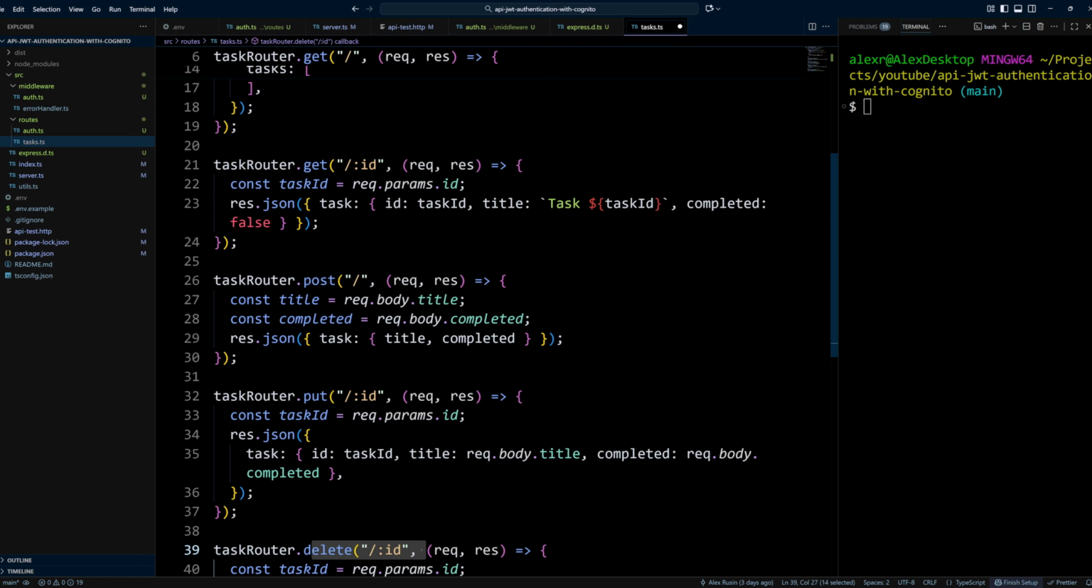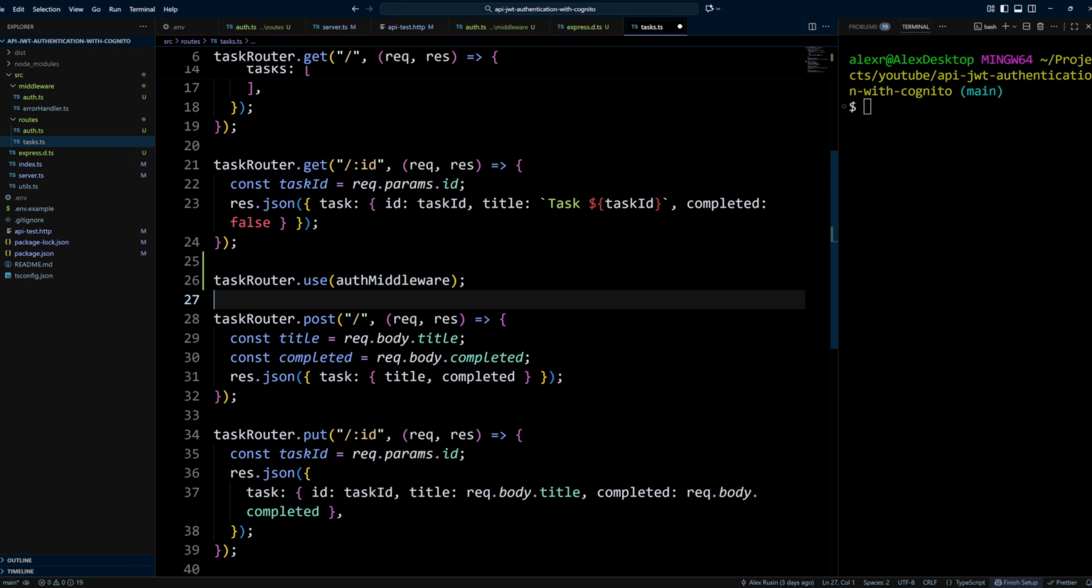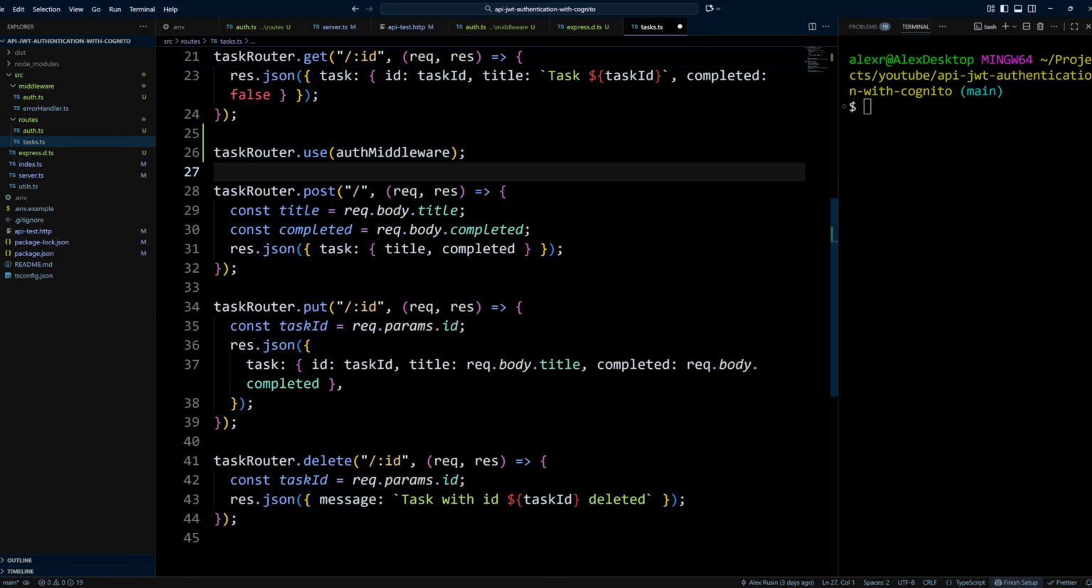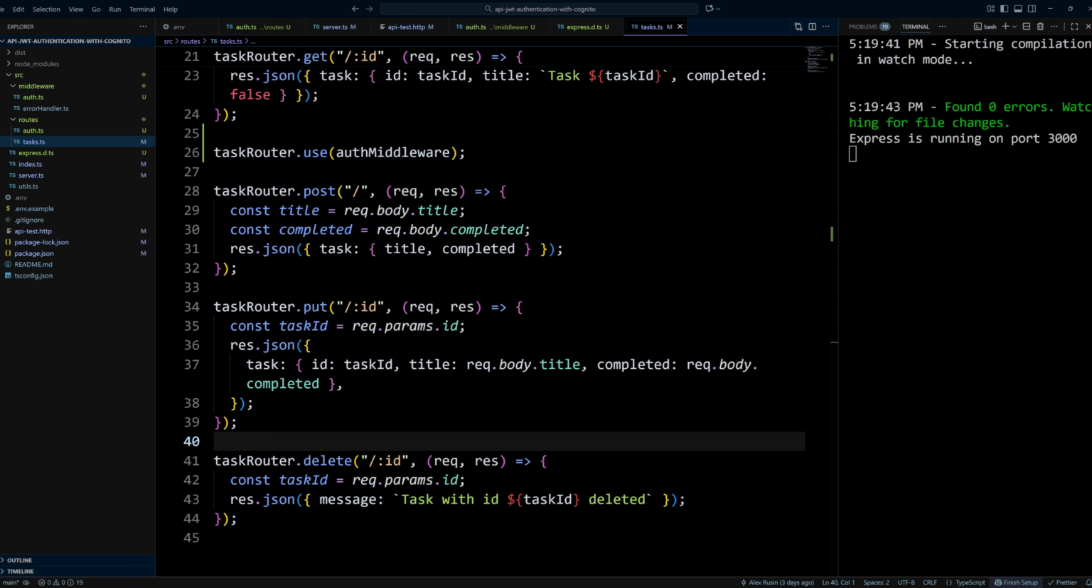So let's do just that. We can apply the auth middleware by calling the use method on the task router and passing to it our auth middleware. Now all the routes that are below this line will be protected by the middleware. All right, let's go ahead and test our code. Let's spin up the application with npm run dev. Next, let's go to